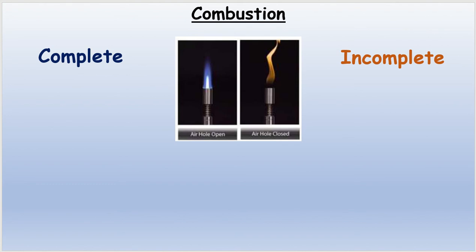Now, complete combustion takes place when you have a fuel with a readily available amount of oxygen, and then you form carbon dioxide and you form water. Now that is complete combustion. You see it here as a blue flame. Okay, there's lots of oxygen, meaning that the fuel was able to burn completely and we formed carbon dioxide and